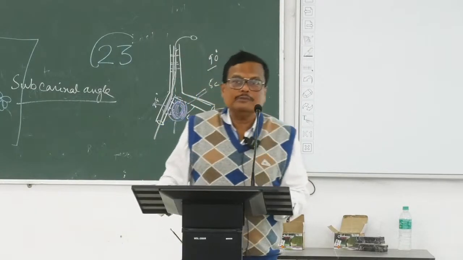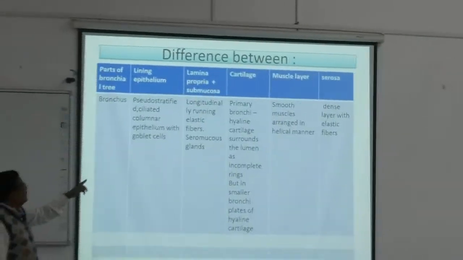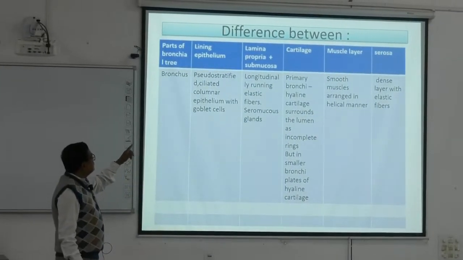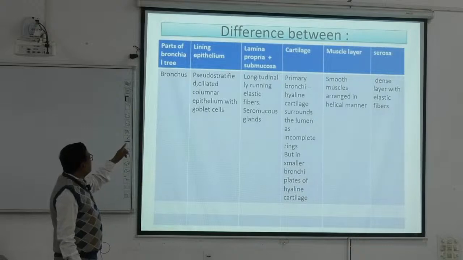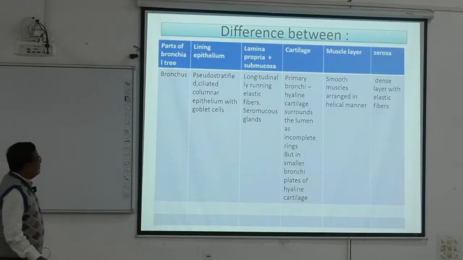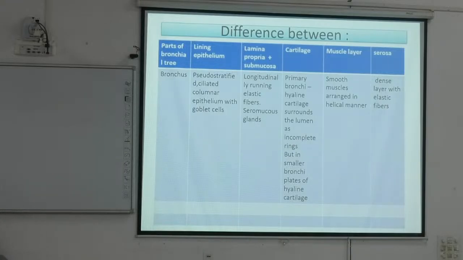But the other most important difference is that bronchus has got cartilage. কেমন? Bronchus has got cartilage. হিস্টোলজি টাইমে হচ্ছে না।